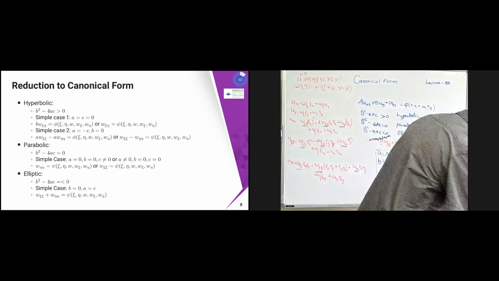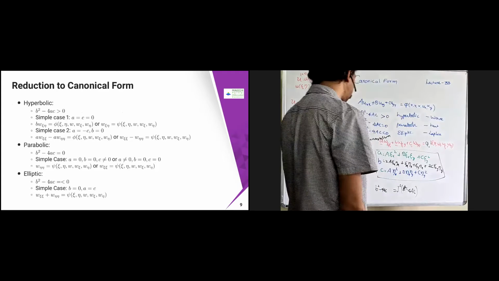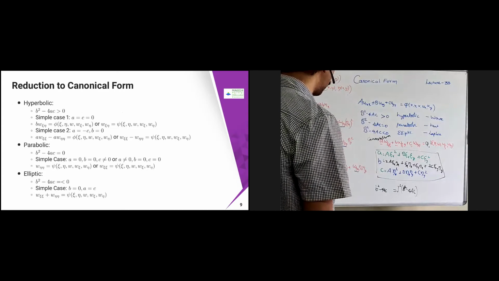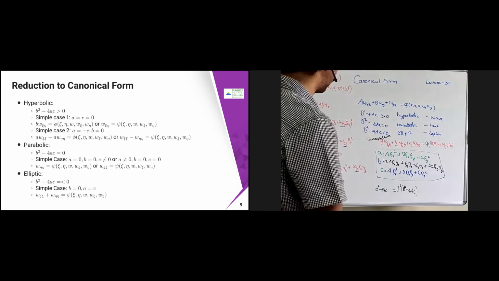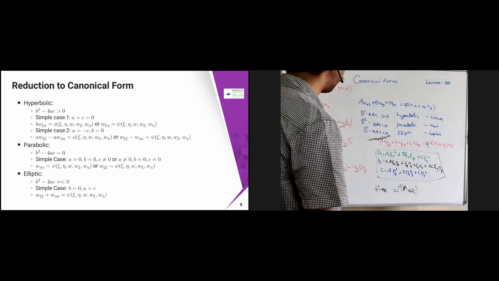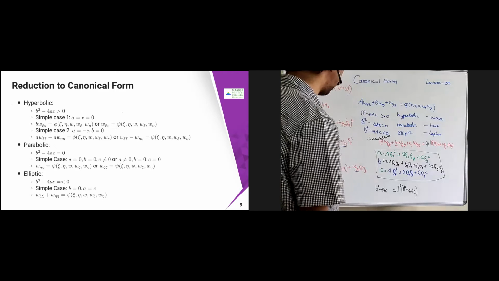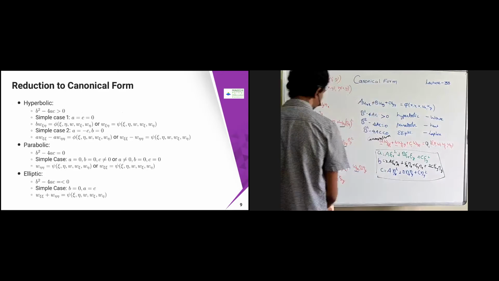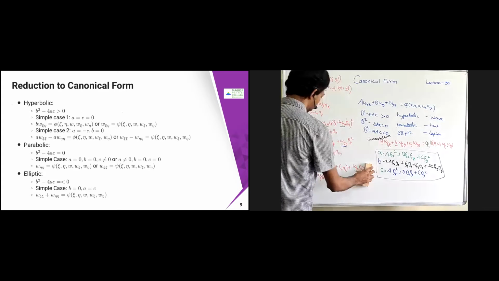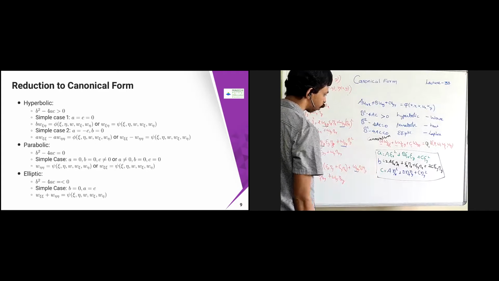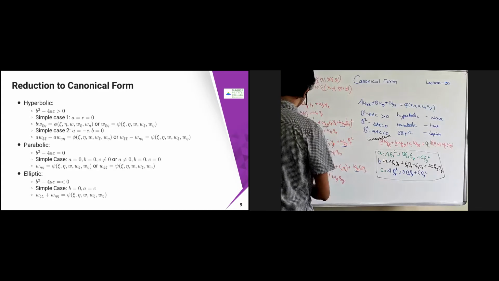Now, what are the simple cases which we can see, so that we can derive some of the values for that? What we are going to do is take some simple cases for which we can transform and then solve the problem easily. So let us see what are the cases which are going to come. I will just erase this one.